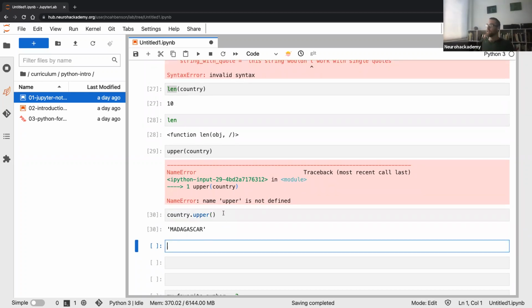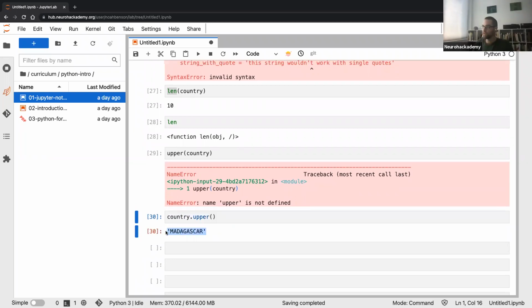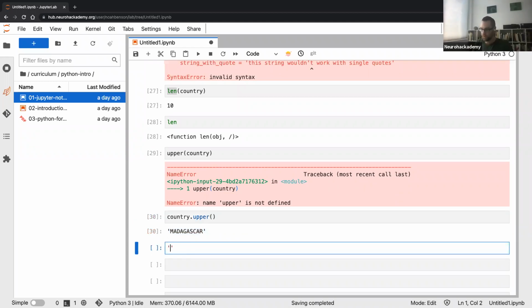Okay. Now, an interesting thing is that country.upper returns this string. That is, when this gets evaluated, it turns into the string uppercase Madagascar. So that string itself, we could also call a method on. So let's take Madagascar, the uppercase string, and then I'm going to put a dot, just like I did here, and then lower as a command for Python. Now, since this is a string,